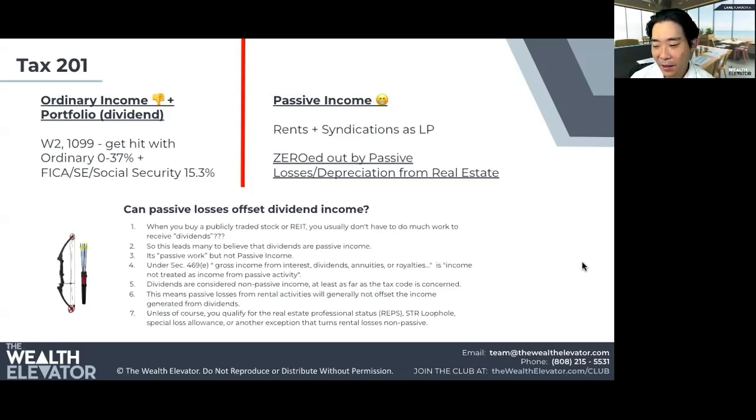The way to think about it, and this took me a while to wrap my head around it, is when you have real estate professional status, in a way, now everything becomes ordinary. So ordinary losses offset ordinary income, obviously, right? So think about it like that. Your whole world kind of changes once you are able to check that box. But it may not make sense for a lot of you guys out there.